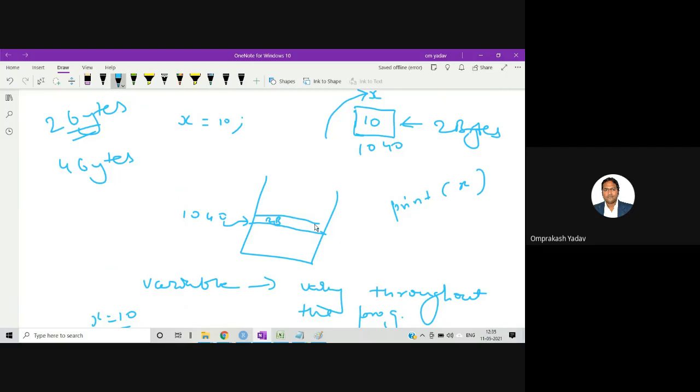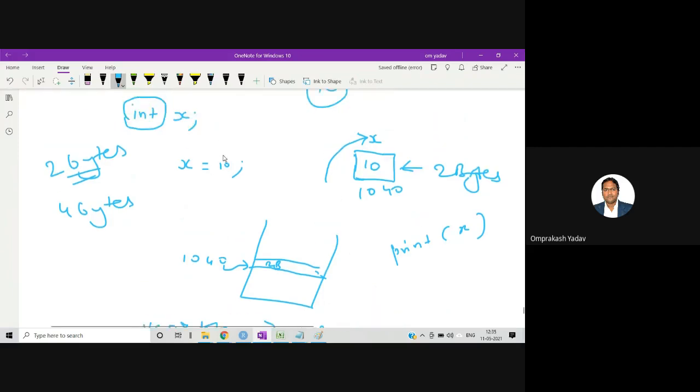And with the help of the name of the variable, we can access the value stored in the memory.